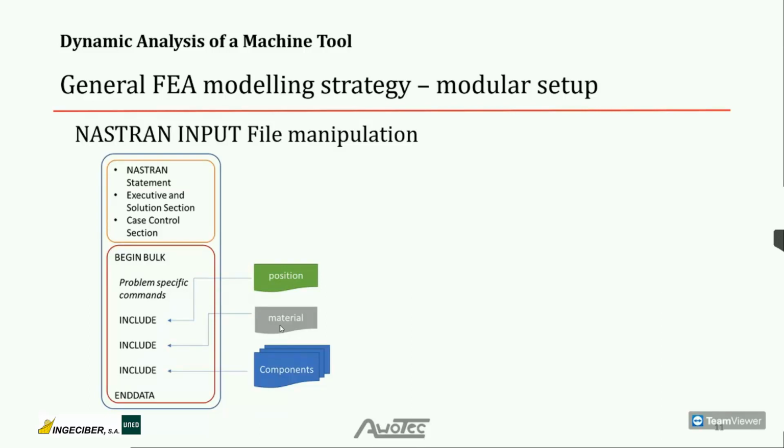And this is used with the fact that all grids referenced in this bulk data section use a local so-called reference coordinate system number. And by modifying this local coordinate system, for example, you change the absolute x position of this reference coordinate system, you can move your related